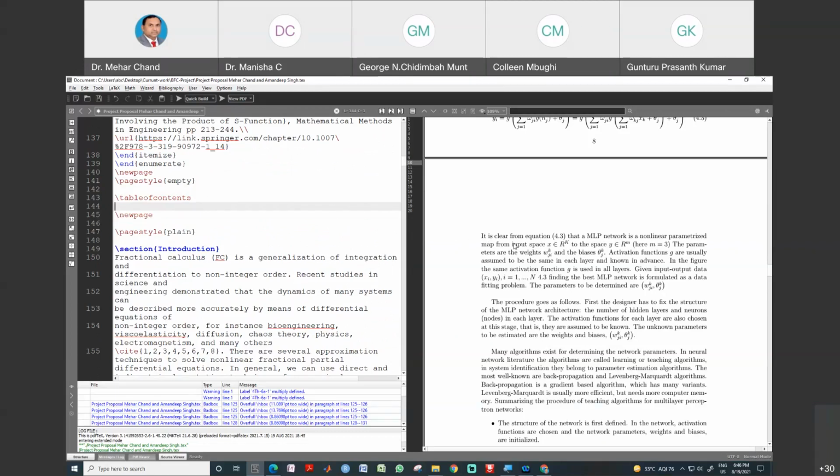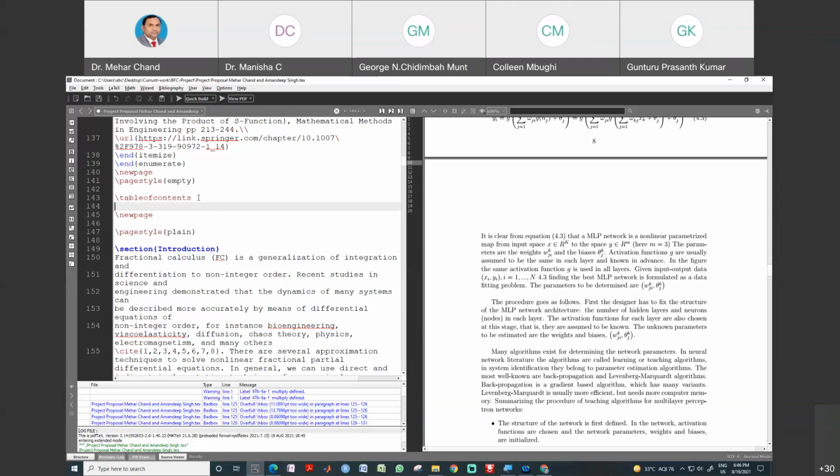I will show the whole document. Sir, could you please insert a new image in the document? It would be helpful for us. Okay.